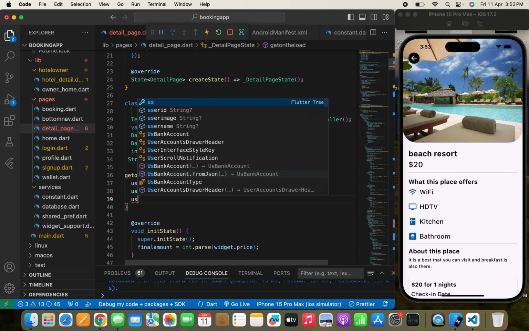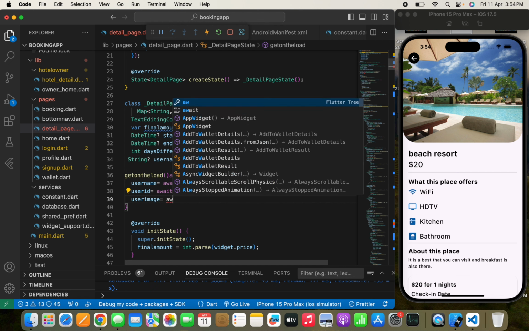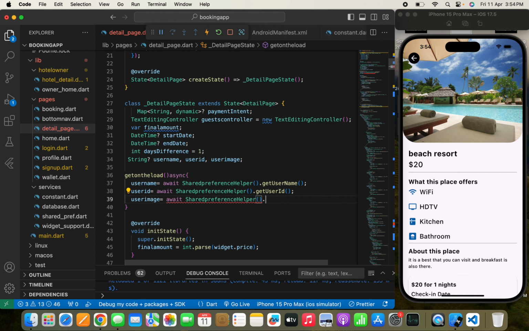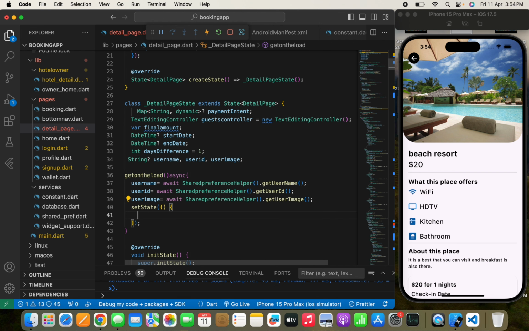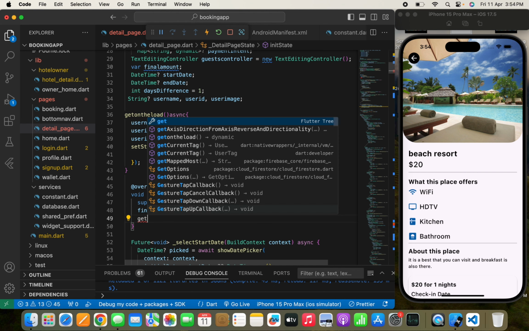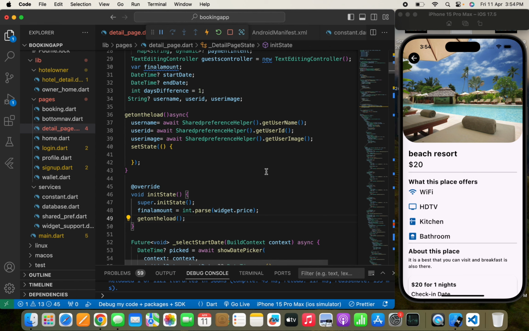Then the third thing, we need a user image. So let userImage is equal to await SharedPreferenceHelper dot get user image. So these are the three things that we need. We'll just pass a setState, and here I'll simply call the getOnTheLoad function. Yeah, so that once we load this page, we get these three things,